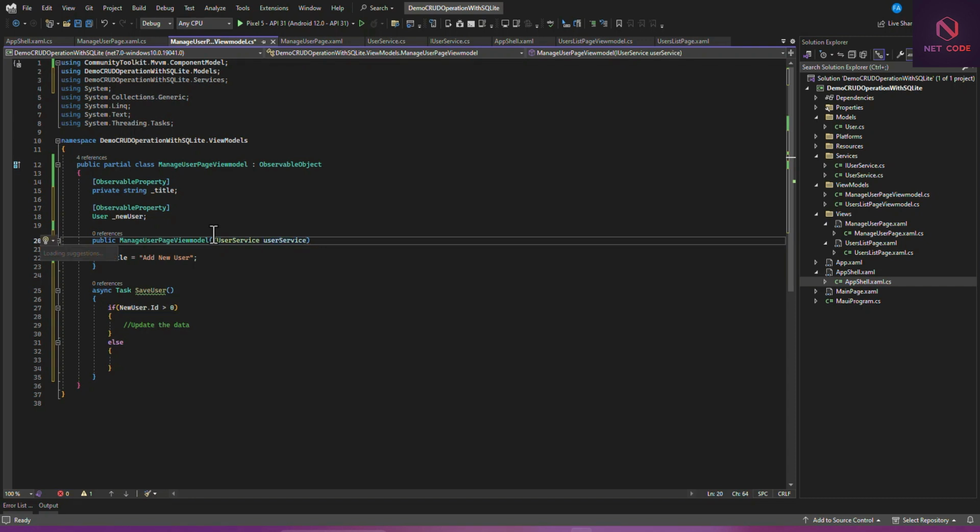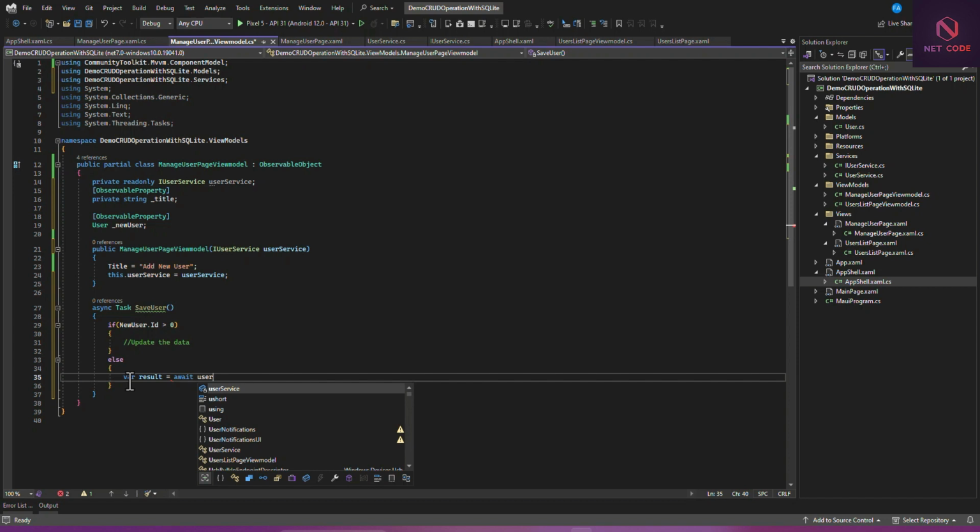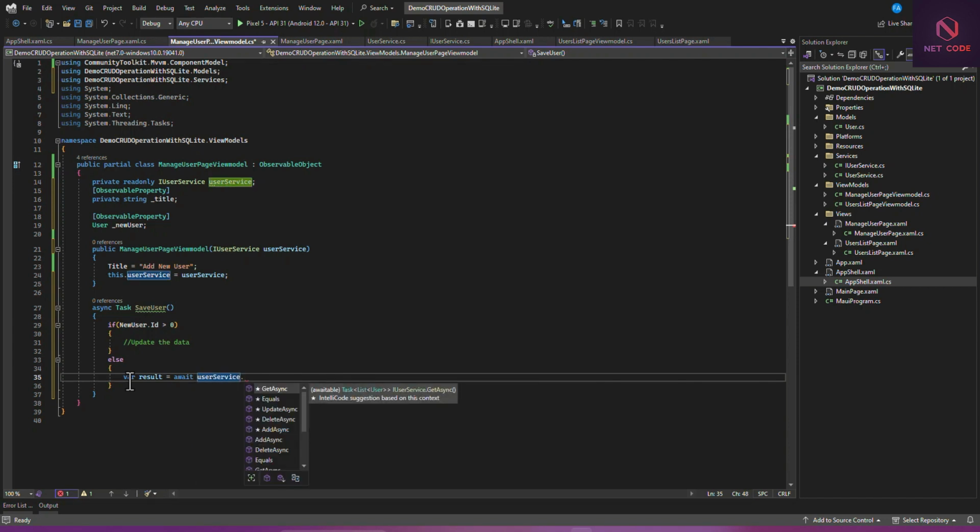So control period, we create an assigned field. So create an assigned field, and now we can call this. So you say var results is equal to await. I can talk about user service dot. Now here we're going to talk about AddAsync, and this AddAsync, we are going to pass in this new user